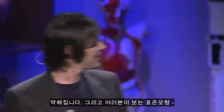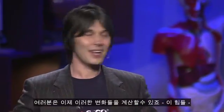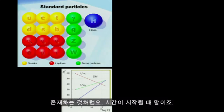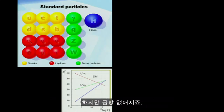The strong force, the strong nuclear force, sticks nuclei together, gets weaker. And what you see in the standard model, you can calculate how these change, is the three forces other than gravity almost seem to come together at one point. It's almost as if there was one beautiful kind of super force back at the beginning of time, but they